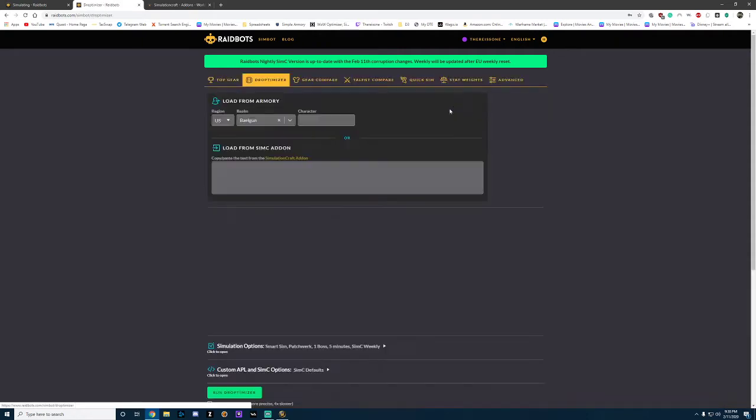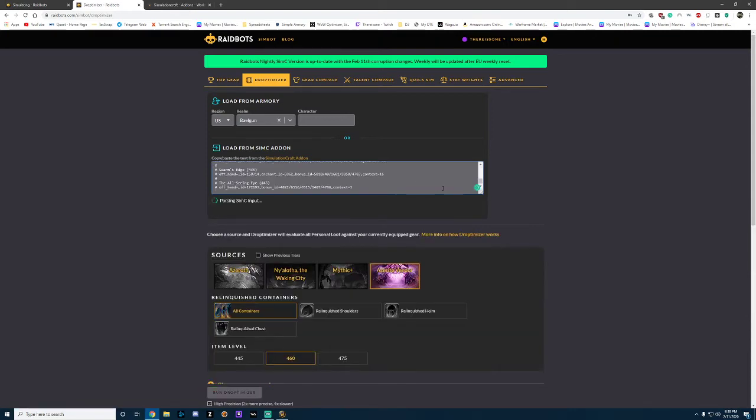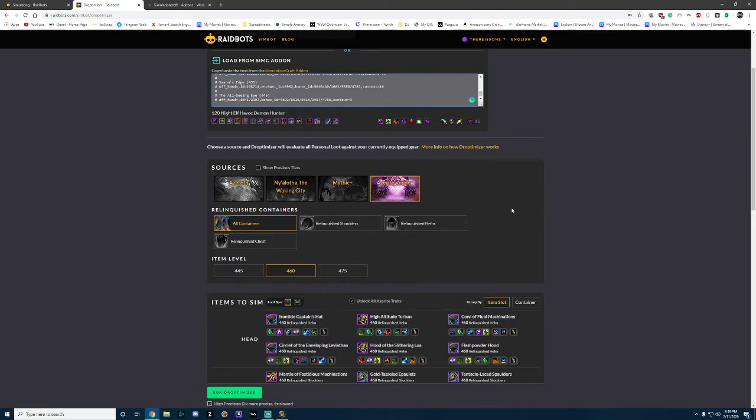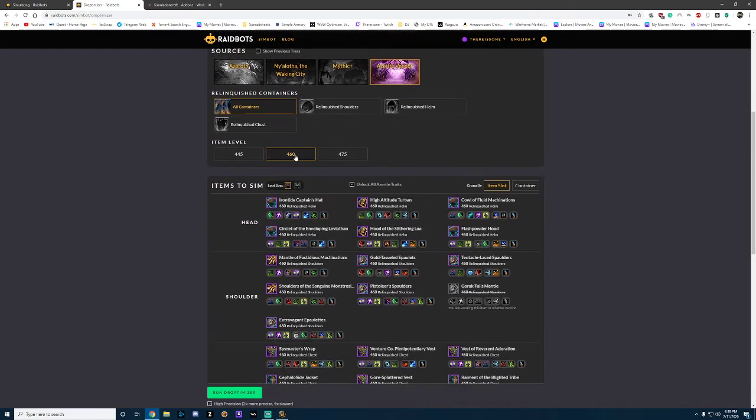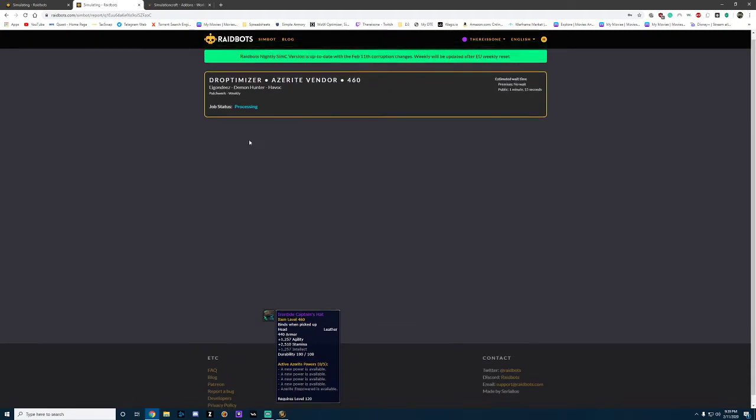We'll go to Droptimizer. Go here, and you can load from Armory, which is either here or there, or more accurate if you paste the same SimC, Control V, and from here you can do your Azerite vendor. Here's one choice. Most of us are probably doing 460 item level stuff by now. So click this, and you can run Droptimizer. While that's doing that,